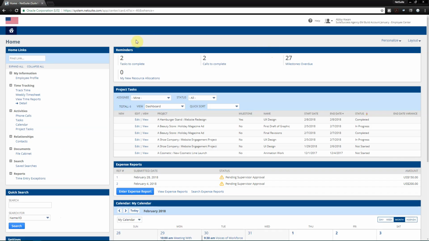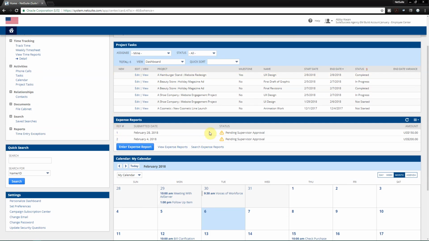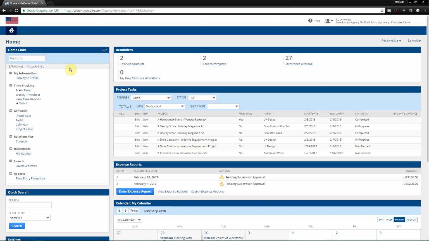Kwan, and I can see she has things like tasks to complete, any milestones that are overdue. She's immediately alerted. Again, for her, this is also going to be updated in real time, so as she's being staffed on deals and any other clients, she can go ahead and see that in real time. Additionally, any expense reports that are pending supervisor approval, she can see, or she can create a new one with a simple click of a button for her to easily keep an eye on any outstanding expense reports she'd like